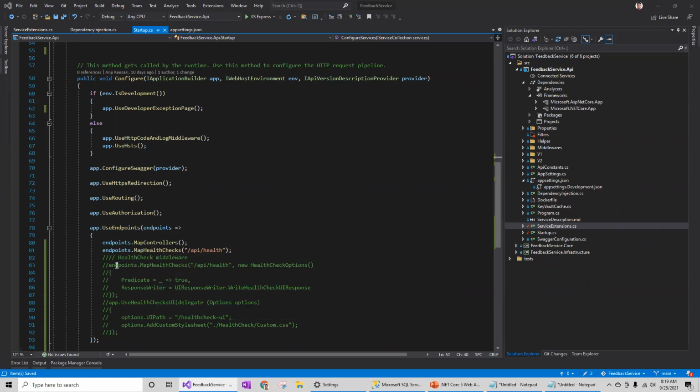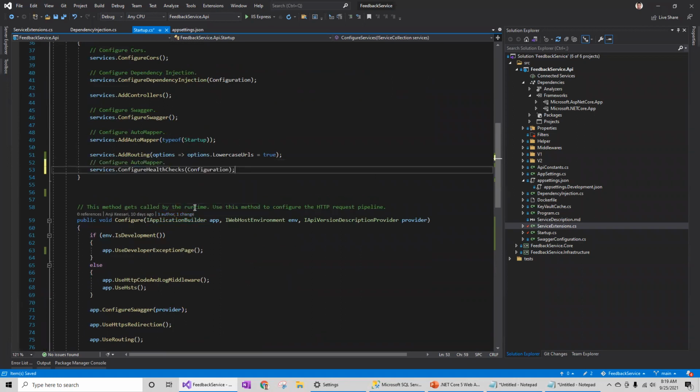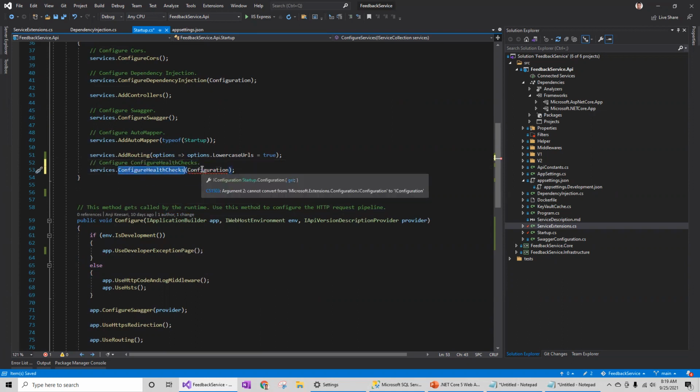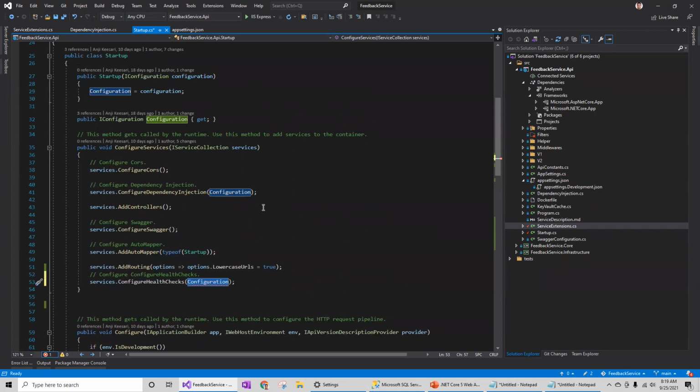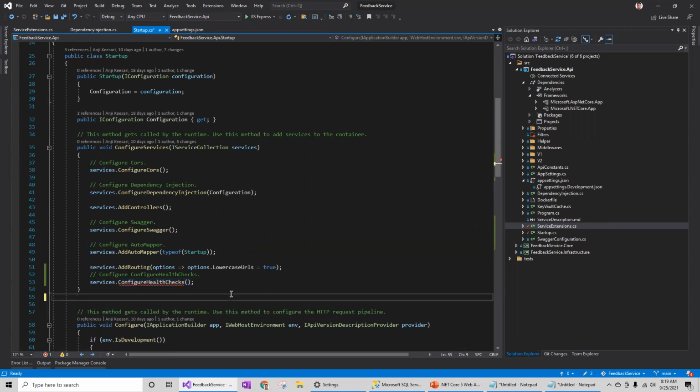So I will add this here, instead of here, I will say configure health check. I need to pass the configuration. So I think I don't need this, or let me first fix the required, that is required.